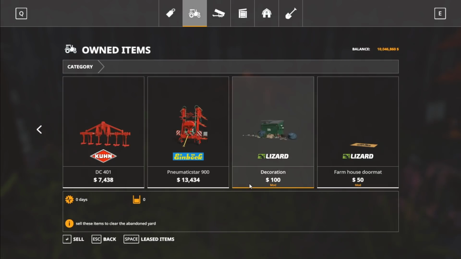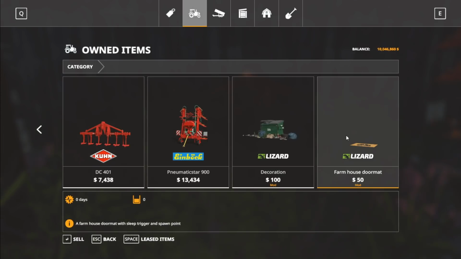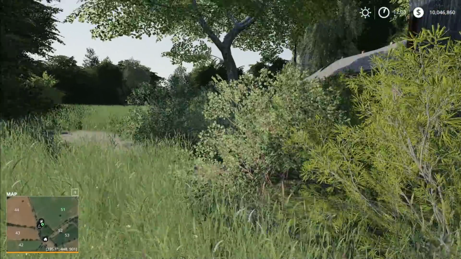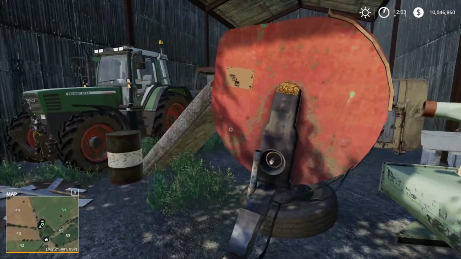Then there's decoration, the farmhouse mat. So we can get rid of our farmhouse if you wanted to move it elsewhere. It's not permanent. The building is, but not the mat. We'll take a look at what that means in a second. So if we go around here. So here is